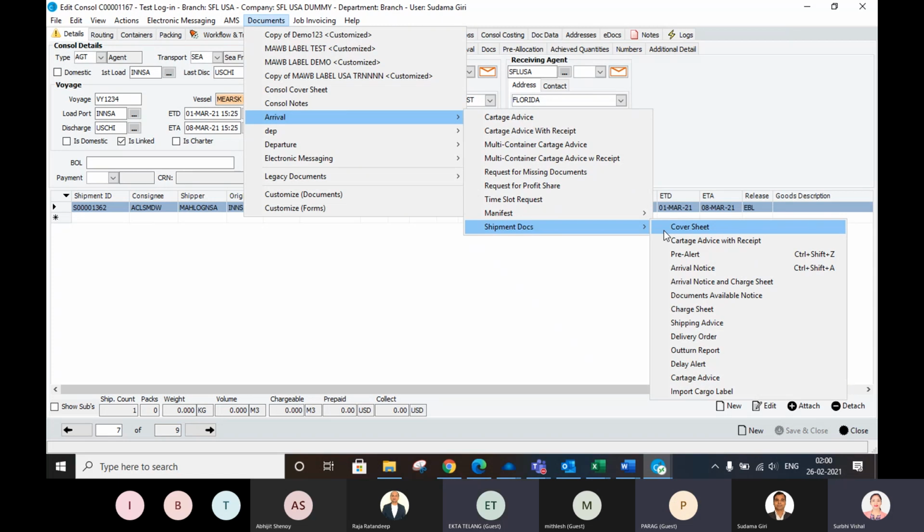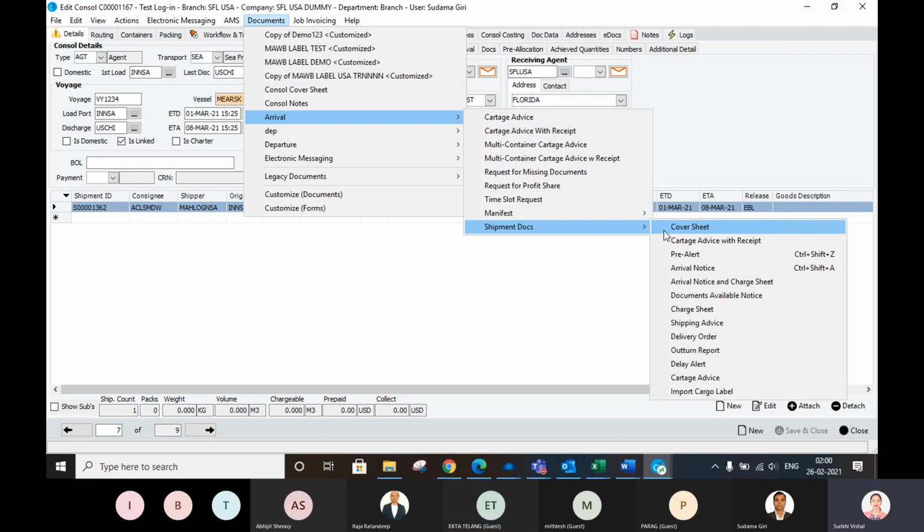The first one is the arrival notice, delivery order, DO, proof of delivery. Proof of delivery is an external document, but from the system it's an arrival notice, invoice, and the delivery order.